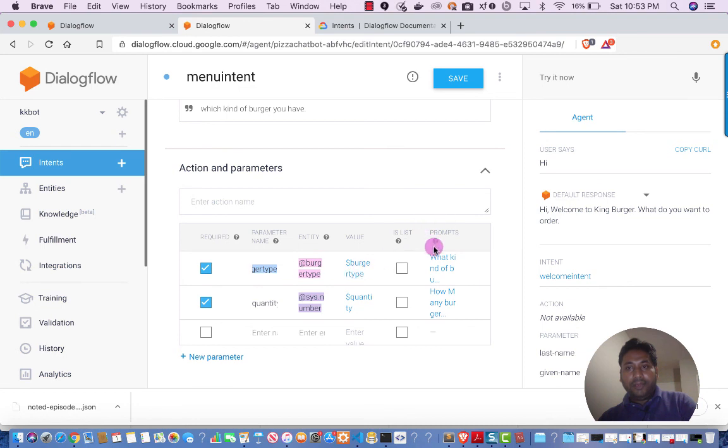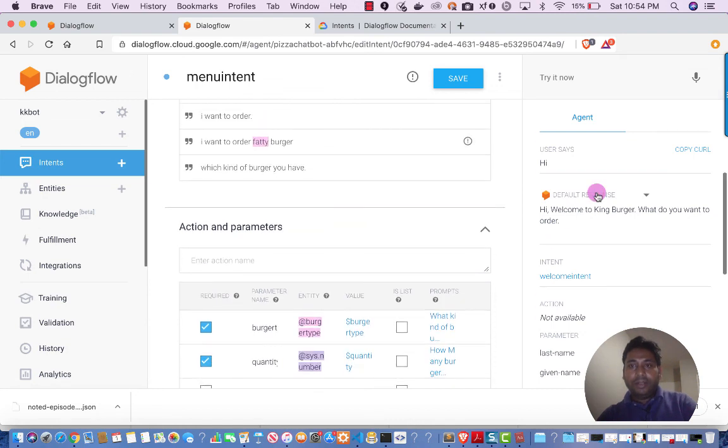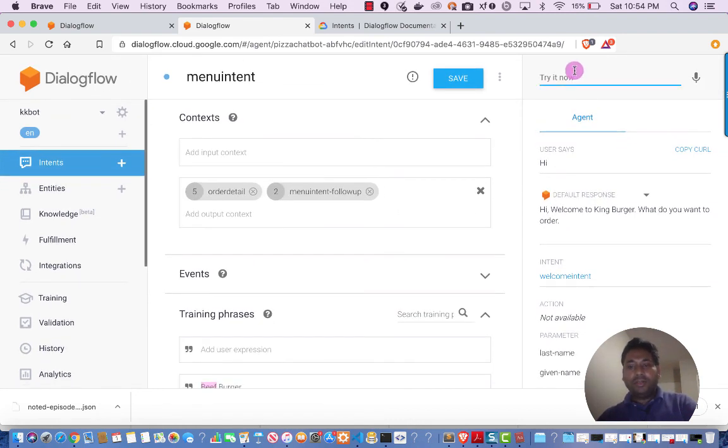But in case I am not entering those things and I just enter I want to order, then because burger type and quantity are required fields, I have to provide the prompt. Using those prompts, we will be able to ask specific questions like what kind of burger you want, because I did not provide that. I can provide beef burger or patty burger or any other kind of burger.